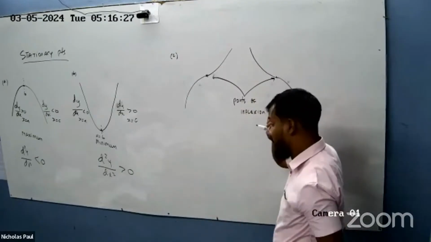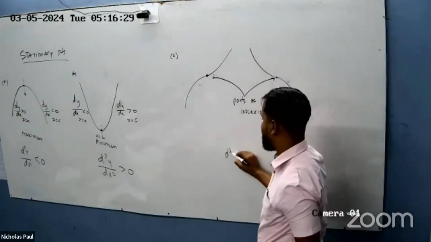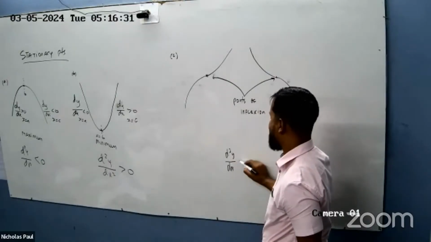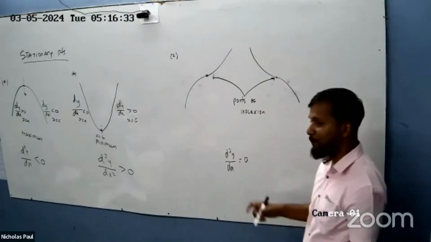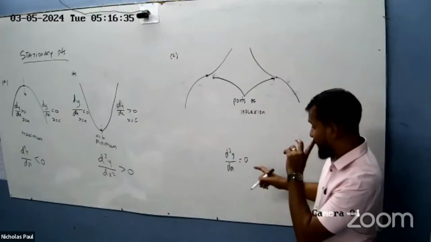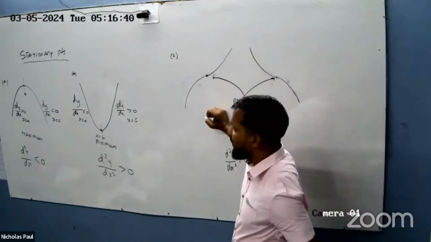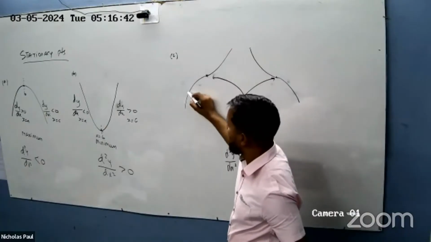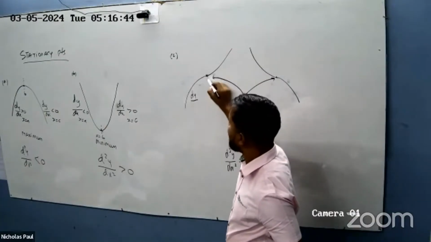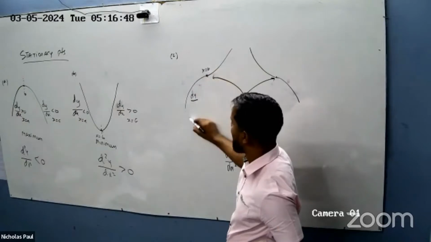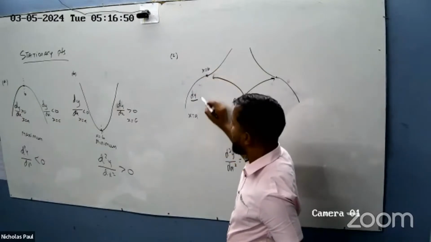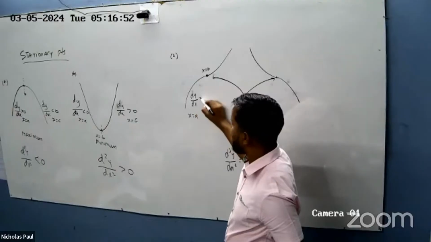How do we identify them? Well, one of the ways to identify them is if the second differential is equal to 0. But it is not a real test, because even when you identify the second differential to be 0, you still have to come back to the first derivative test. So you have to check and see if before x is equal to b, let's say you choose x as a, if dy/dx is more than 0 here